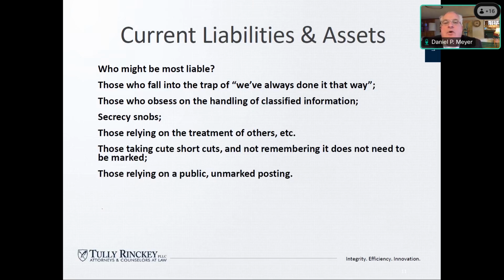So it does not need to be marked. So remember that with classified information, they can classify it after you've handled it and punish you for mishandling classified information. Happens quite often. So you need to approach not only looking at the markings, but also looking at the material and thinking. Be a thinking handler of classified information and ask yourself, is this likely to be classified? Maybe it hasn't been marked yet, and should I handle it appropriately?